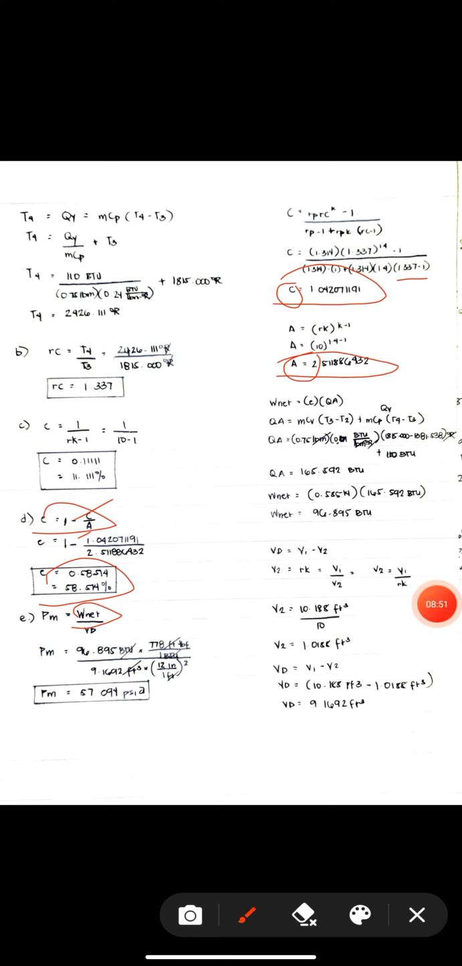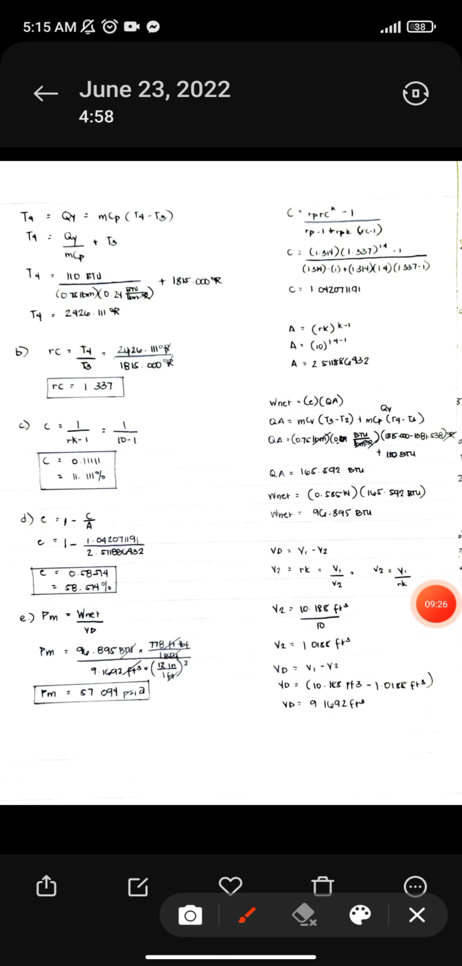So, meron tayong E, and para makuha yung W net natin is kunin muna natin yung ating QA. So solve natin yung ating QA. QA is equals to MCB times T3 minus T2 plus MCP times T4 minus T3. So, we have M na 0.75 pound mass times CB, 0.171 BTU over pound mass degree Rankine times T3 minus T2 na